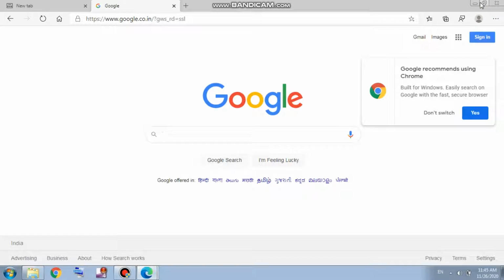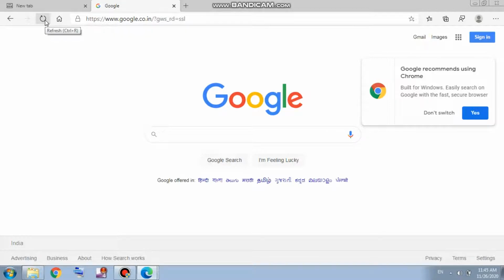Afterwards, we will see the navigation. The navigation buttons are present below the tabs. The Edge window has three navigation buttons: back, forward, and refresh.